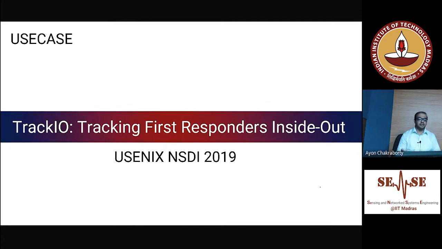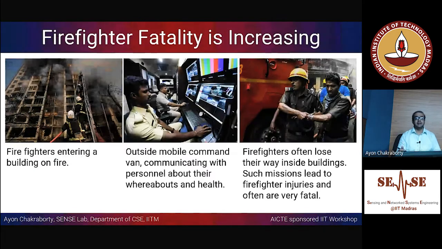What I was discussing last day was a firefighting scenario, right? These buildings catch fire and we send troops inside, and we need to know the exact location of the troops, or the firefighters or the first responders who go inside. We need real-time information about their location. So in case they need first aid or they themselves need to be rescued, that could be done very efficiently. Okay, so that is one of the reasons we need to track these people in real time,